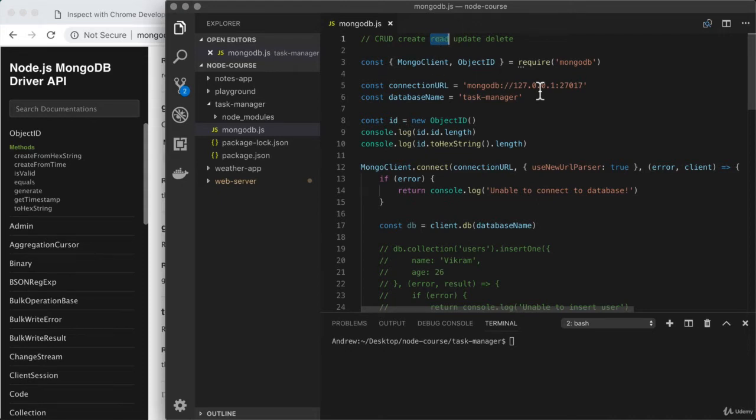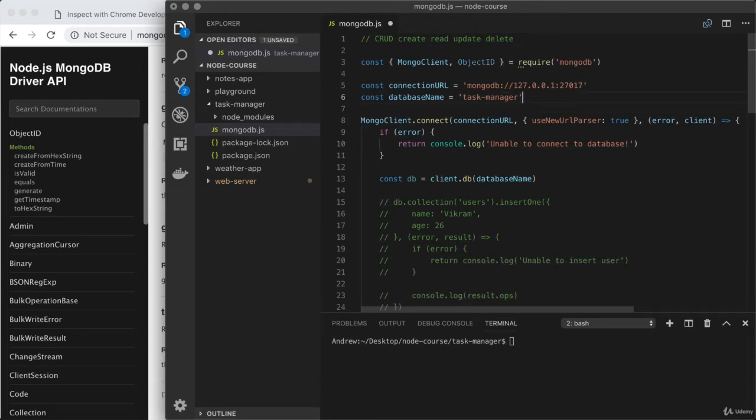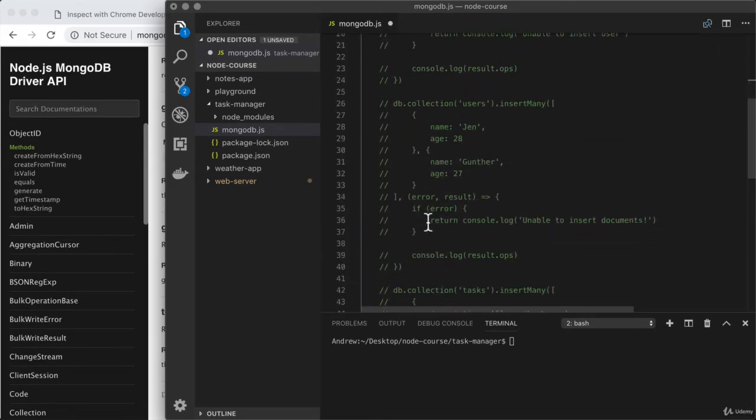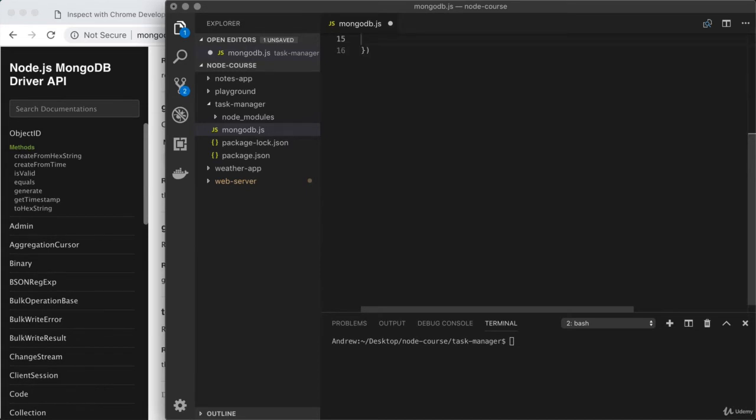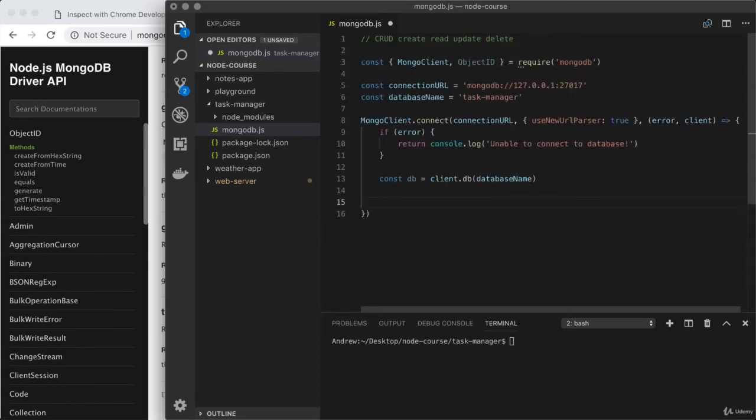Before we get started, let's go ahead and remove these three lines related to the object ID. Remember, all of the stuff covered previously is always available in the PDF guide, and you could always choose to leave that code around if you wanted to. And down below, I'm going to remove all of the code we have in that callback for our 4 calls to insert one and insert many. That's going to leave us with an empty connect function we can use to explore how we can fetch data out of the database. Once again, documentation for insert and insert many can also be found in the PDF guide